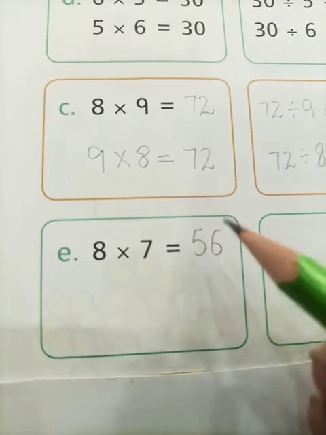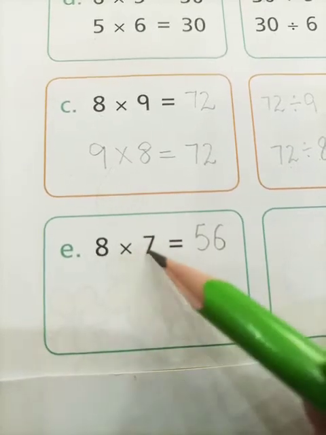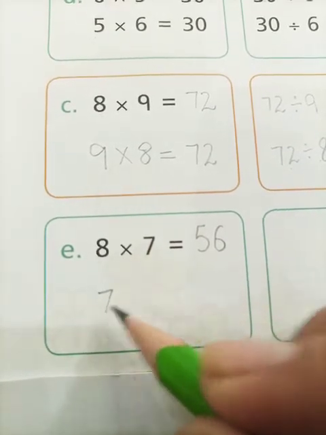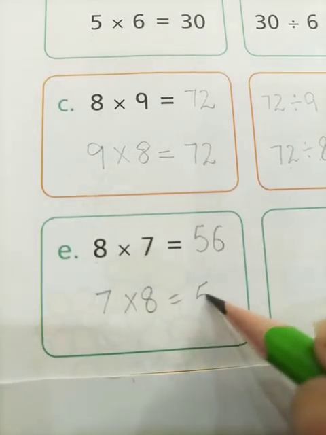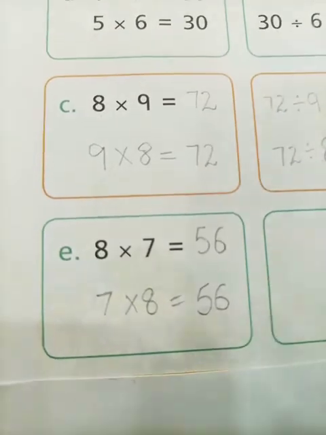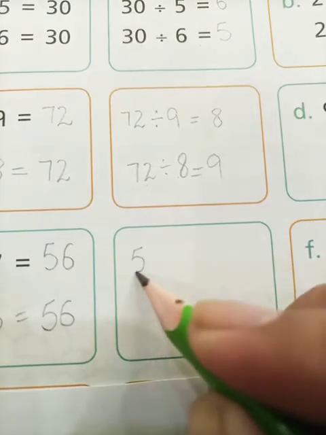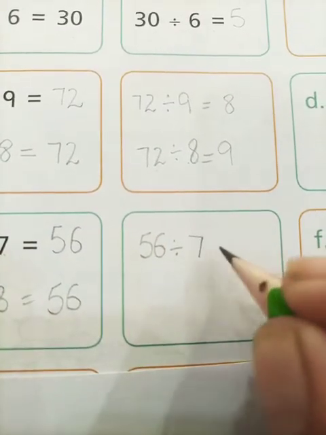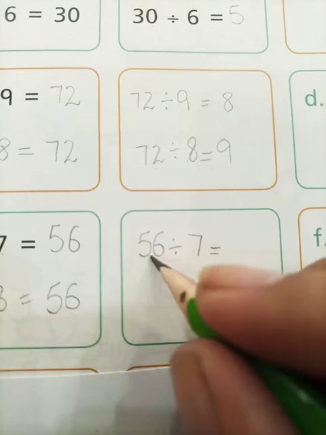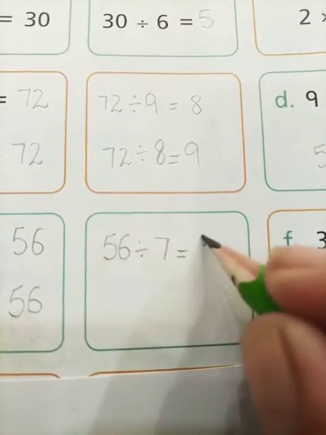Very good. Now students, tell me the next step. Quickly. Yes, we are going to reverse these numbers. So we are going to write 7 first and then the 8. 7 8s are 56. Okay. Come towards the second box, that is our division fact. Here we are going to write our answer first with the sign of division and our second number, that is 7. Now students, read the table of 7 where we get the number 56. Read it. Yes, 7 8s are 56.